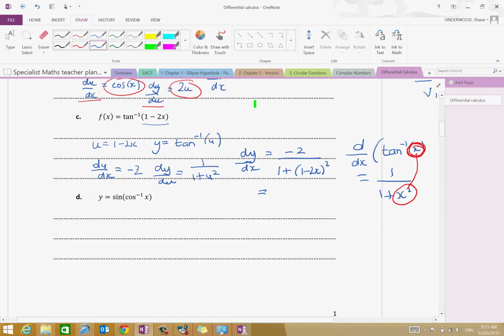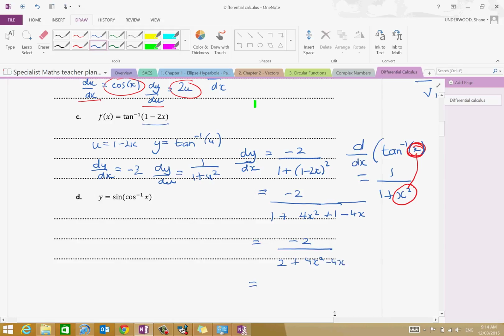Would I leave the answer like that? No, I wouldn't. I'd probably expand the brackets out. So that's going to be minus 2 over 1 plus 4x squared, because your calculator is going to simplify that. And then you've got plus 1, and then you've got minus 4x. So your calculator is then going to say that that's minus 2 over 2 plus 4x squared minus 4x, and